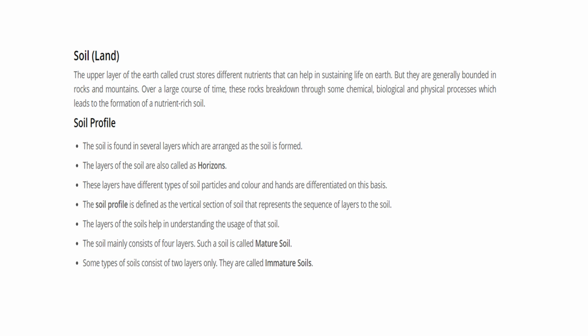But what is the soil and how is it formed? The upper layer of the earth, called crust, stores different nutrients that can help in sustaining the life on earth. But what happens, they are generally bound in the rocks and mountains. These rocks and mountains, through some chemical, biological and physical processes, break down, and that leads to the formation